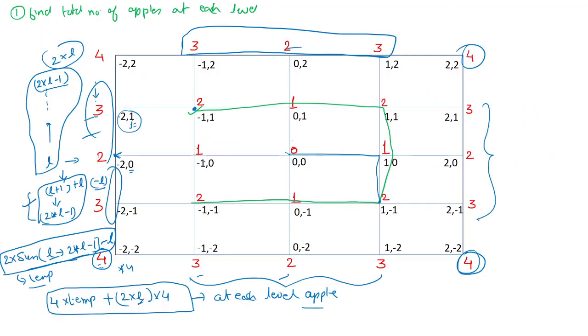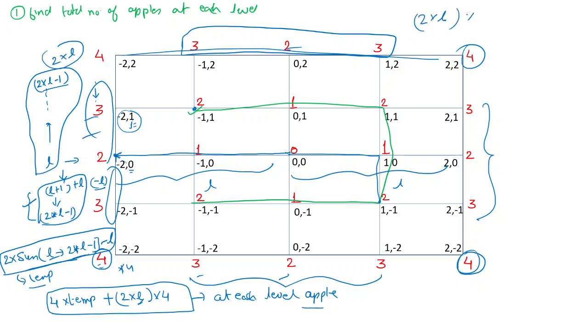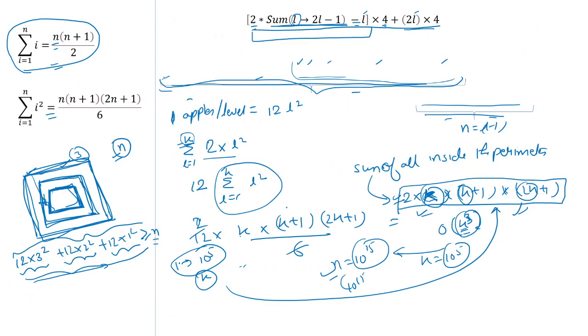Here, see, I have told you that level is equal to the number of units that we have of the level. So if this is level 2, so this is our level. Okay, this is again our level. So each side will become 2 times the level, and for perimeter we have to multiply it by 4. So 8L will give us the perimeter. So from this particular formula, looping over from 1 to 10 to the 5, we will get the value of K, that is the level up to which the sum is greater than or equal to n. And then once we get the value of that particular level, we'll multiply by 8 and then return it. That will be our answer.